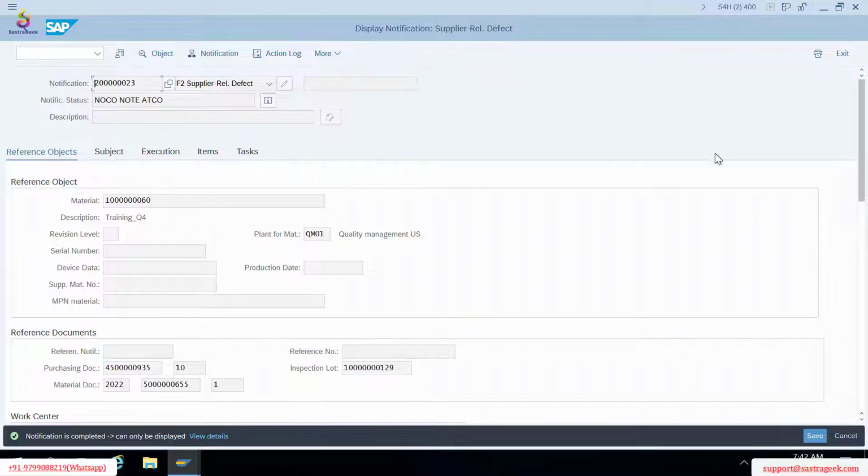Okay. So if there is some situation where, though it is completed, I would like to edit it because I want to add some more information, or by mistake I completed it, and now I want to add some more tasks, or I want to reopen this because the defect is not resolved yet, how do you do that, right? So you can go to more